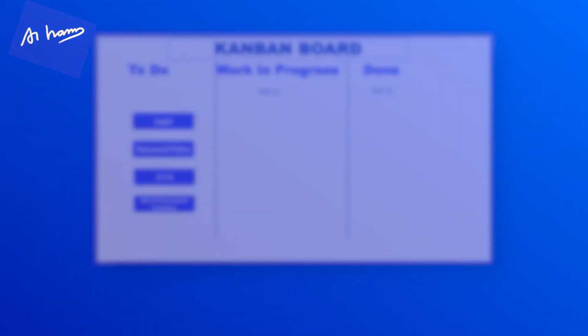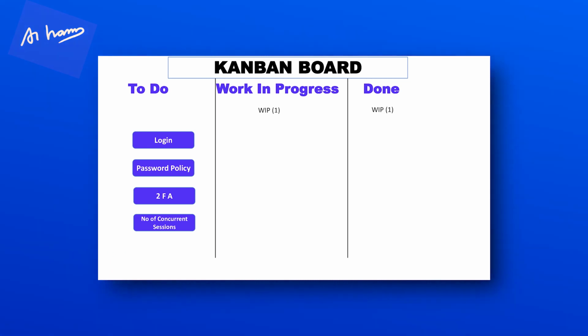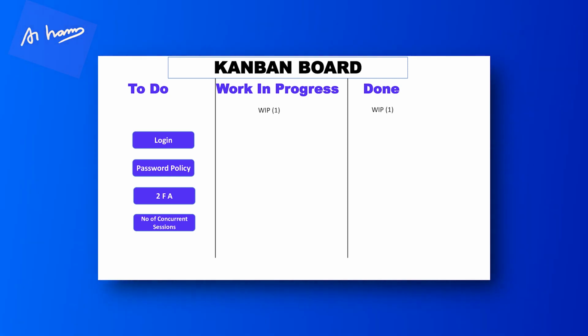Limiting work in progress means, for example, on the screen you're seeing three columns: to do, in progress, and done. So the in progress column has one person. That one person will work only on one story at one given point of time. He will not work on all the 4 stories. He will not do 20% of one story, 20% of another person's story, 20, 20, 20, 80%. Nothing is delivered. Okay, he'll work on only one story and deliver that, and then pick up the next work. That's where the productivity increases. So the idea of limiting the work in progress is to ensure that the productivity is high and the value is gained by the customer faster.